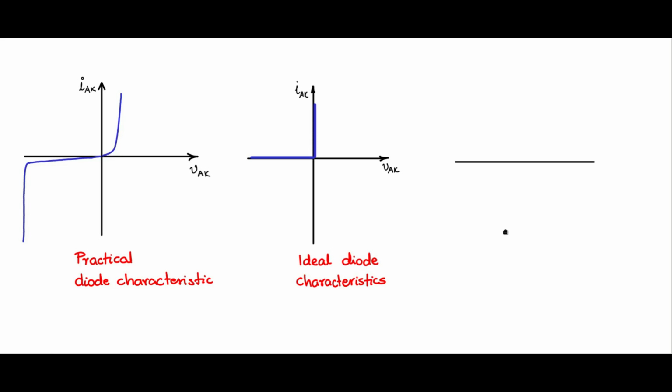There is another characteristic which is popular in the literature, and it is called the piecewise linear approximation of the diode static characteristic. So let us have a look at that also. The x-axis as usual is VAK, the anode to cathode voltage. The y-axis is the current through the anode cathode of the diode. So if you look at this practical diode characteristic, the forward characteristic you see is in this fashion. You make a straight line approximation. Same way for the reverse characteristic too. So the forward characteristic is approximated like that.